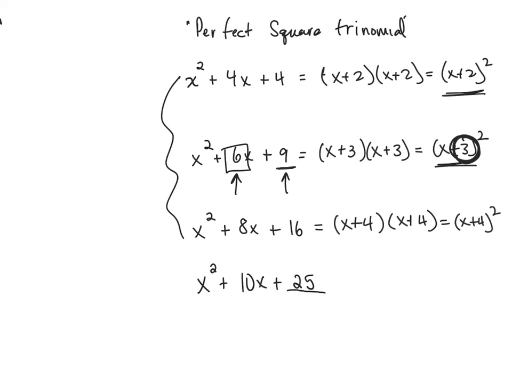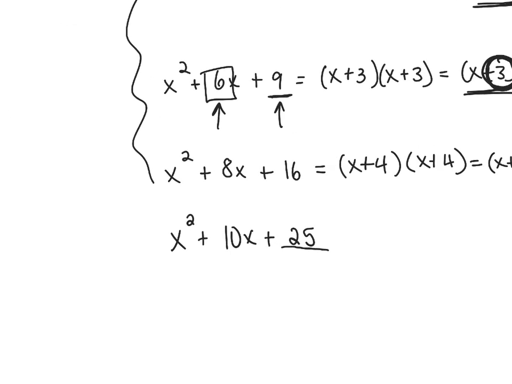If we consider our general form trinomial, ax squared plus bx plus c, then to form a perfect square trinomial, this value here is half of b